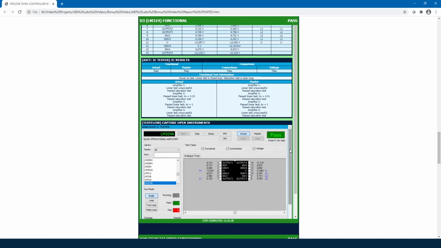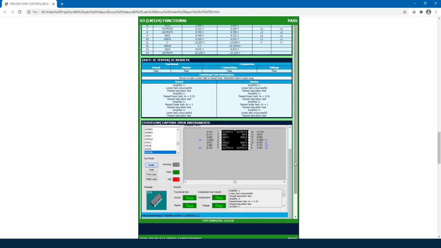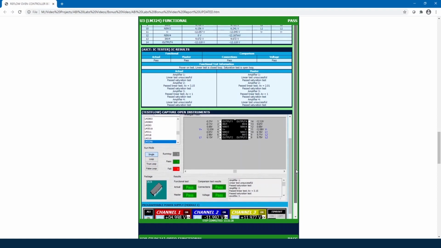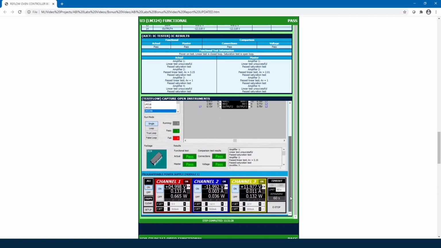We can also see an actual screenshot of the instrument itself. And for this particular step, I was interested in seeing the current and voltage being drawn from the PPS. So we also have an image of the power supply instrument.